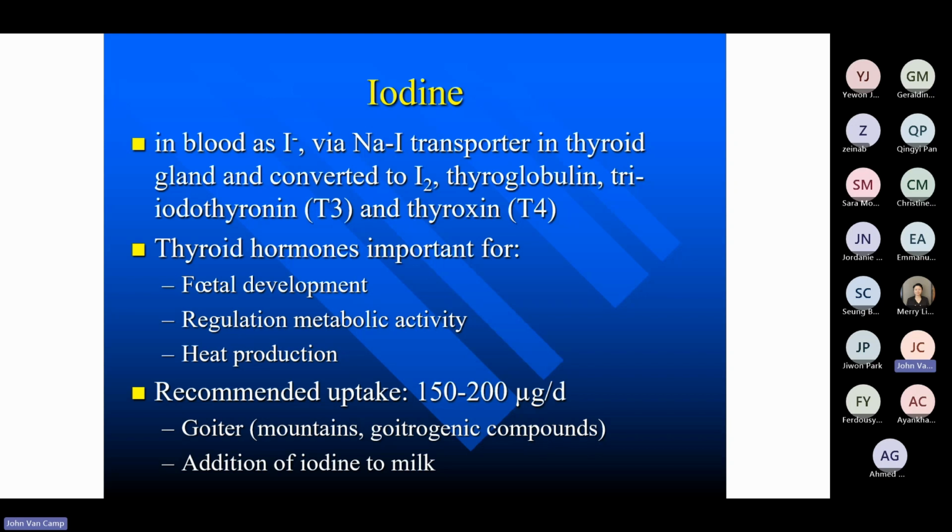It can also happen in regions where a lot of goitrogenic components are physically present in the food. Goitrogens are plant-based extracts, components that interfere in the iodine metabolism in such a way that it reduces the bioavailability of iodine in humans. And so you can get a deficiency of iodine even if you take in enough iodine